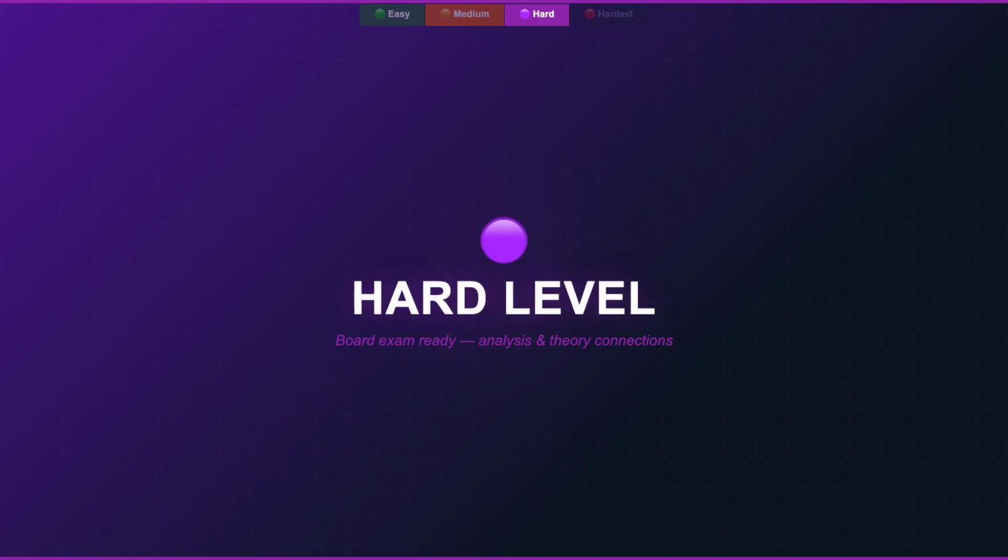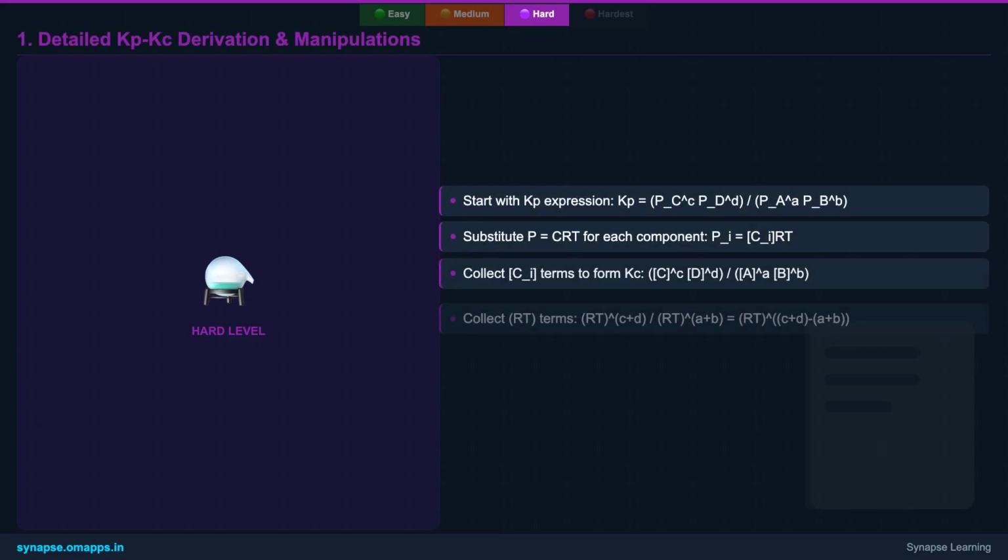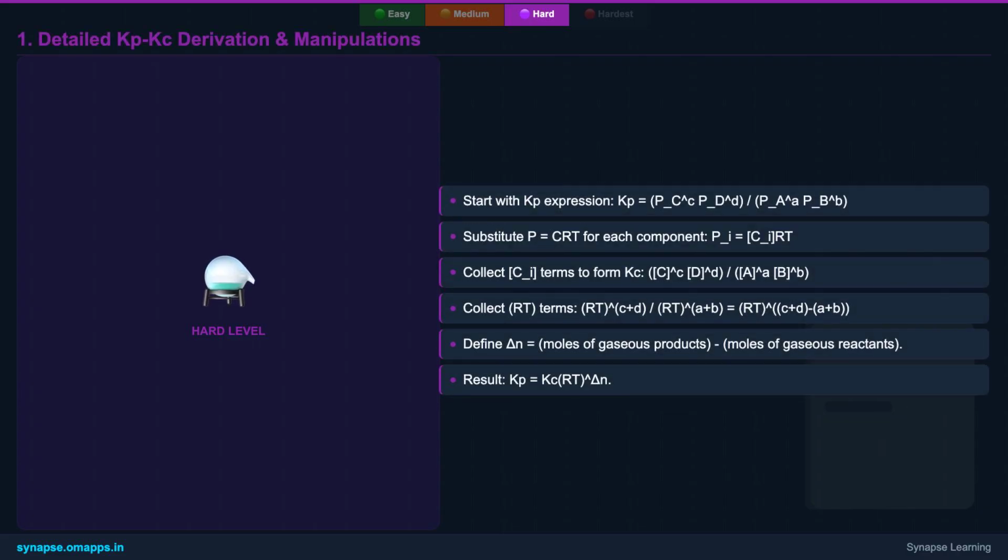Now, let's step up to the hard level. We'll tackle derivations, manipulations of K, and delve into heterogeneous equilibria. Let's revisit the derivation of Kp equals Kc (RT) to the power Δn with more rigor. By substituting the ideal gas law, P equals CRT, into the Kp expression and carefully separating the concentration terms from the RT terms,